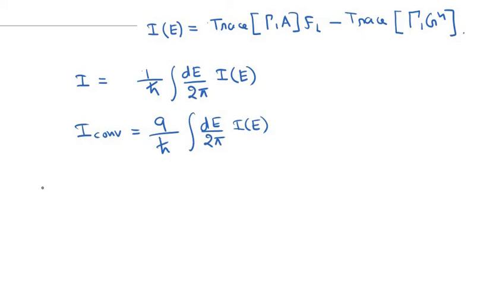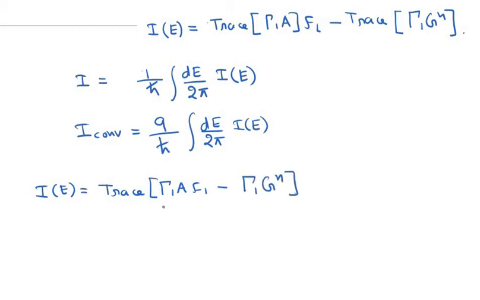So this IE is equal to trace of gamma 1 A f1, and then we can actually put these two factors in these two matrices in trace together. So we just put them together, gamma 1 Gn. Now let us look at what this expression basically is. So gamma 1 A f1 minus gamma 1 Gn, this is equal to gamma 1, and then A is basically equal to A1 plus A2,